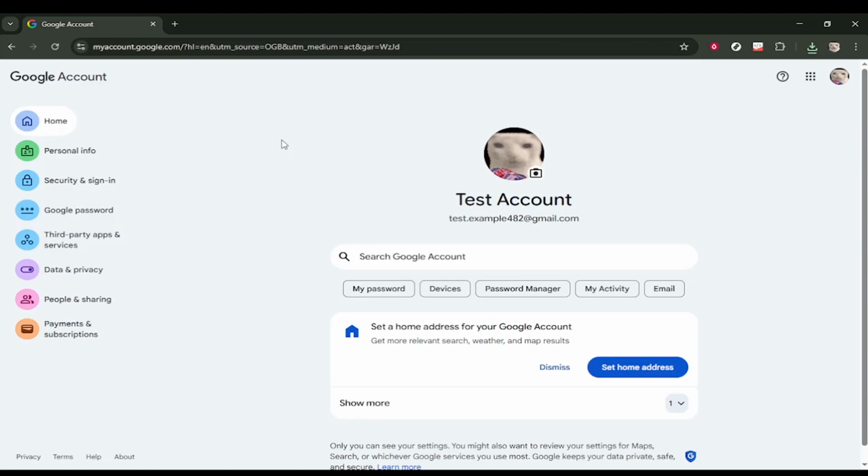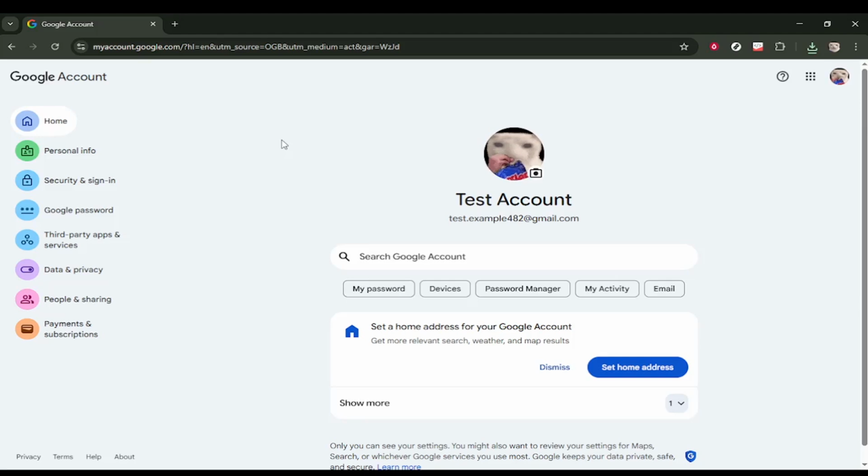final. Start by signing into your Google account in a web browser. The easiest way is to go to the Google Account Management page. Make sure you are signed into the correct account, especially if you use more than one. If you see a profile icon in the top corner, that is a good place to double-check you are on